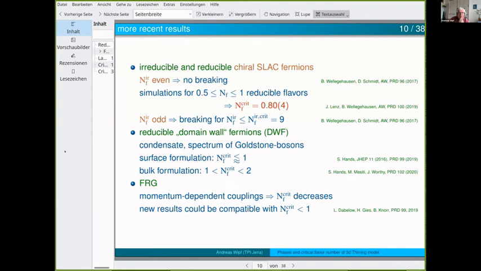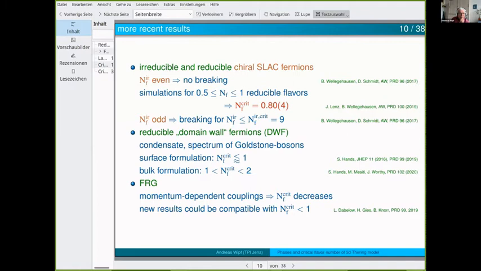Roughly at the same time, Simon and his collaborators simulated this same system, calculated the condensate, the spectrum of the Goldstone bosons, and so on. And by this domain wall formulation, the newest result is that this critical flavor number should be between 1 and 2. It certainly should be bigger than 1 and smaller than 2. So you see, we come closer. We don't agree yet, but